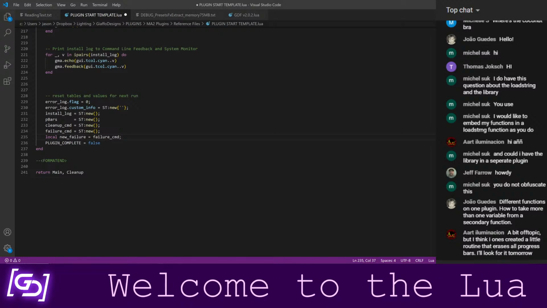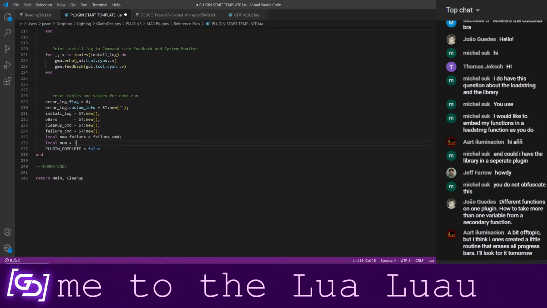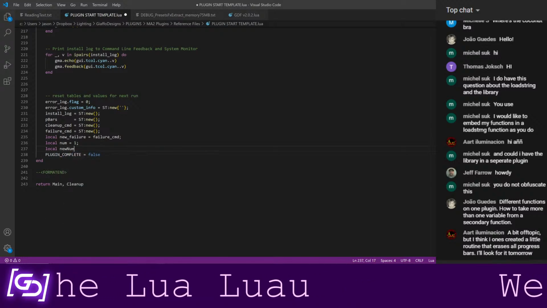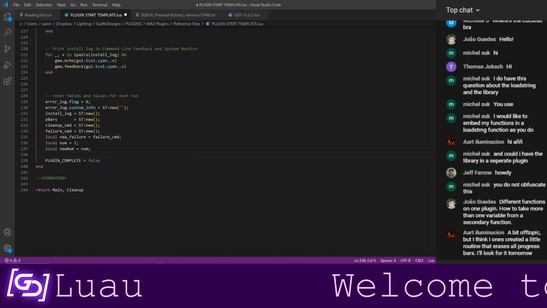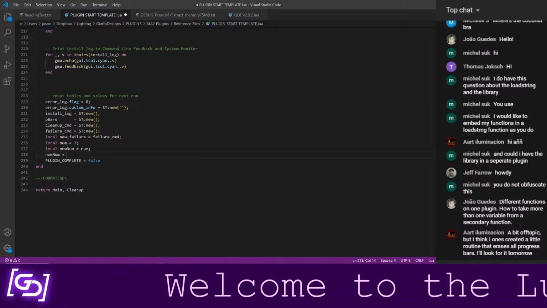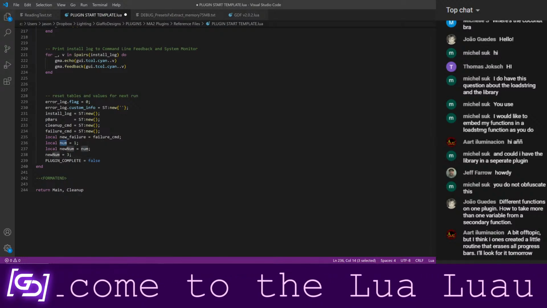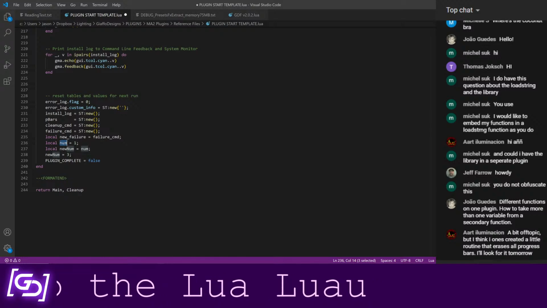Versus if I was to say num equals 1, and now if I was to say new num equals 3, the original num variable would not change, because these variables actually store their value directly.